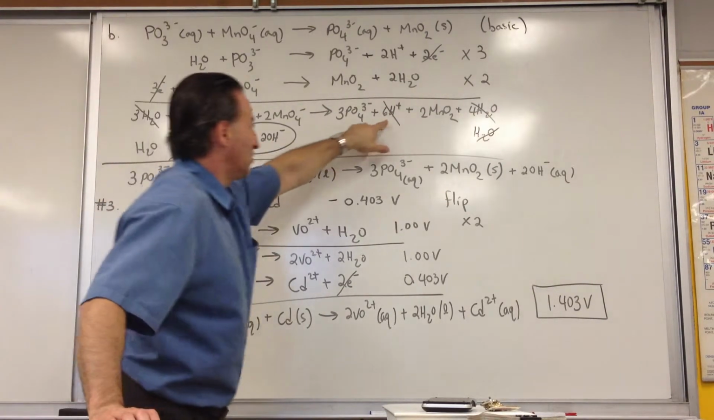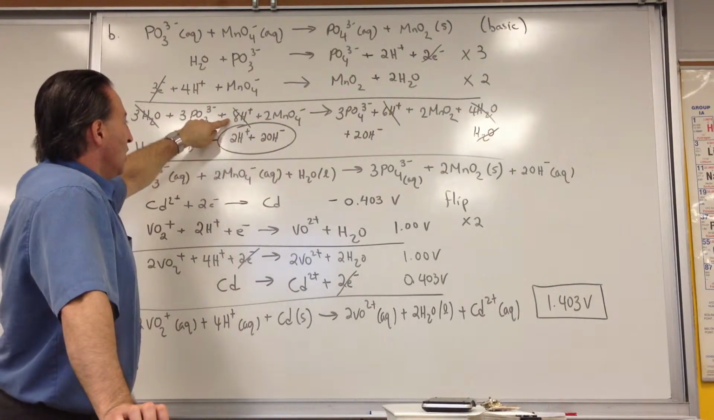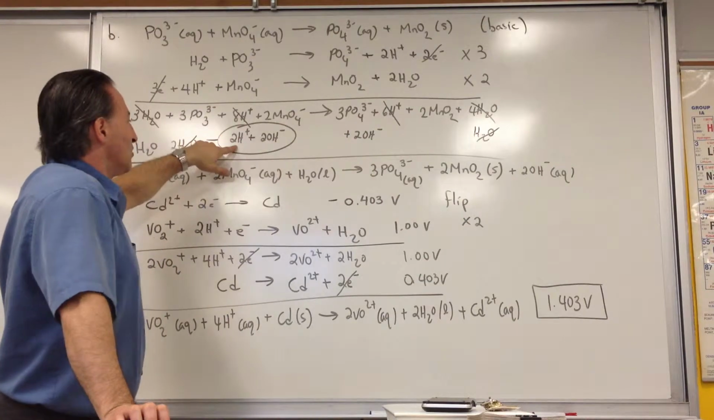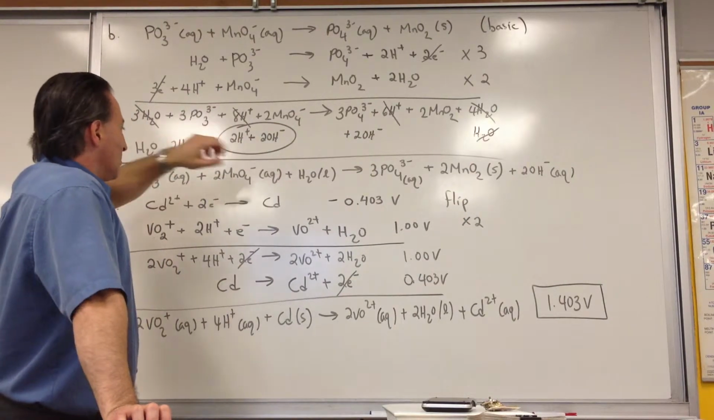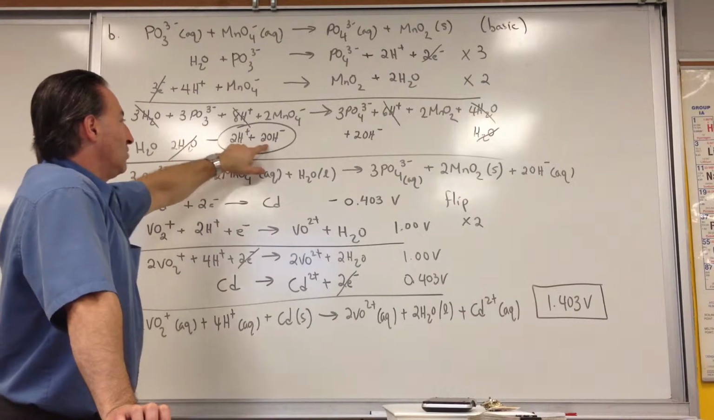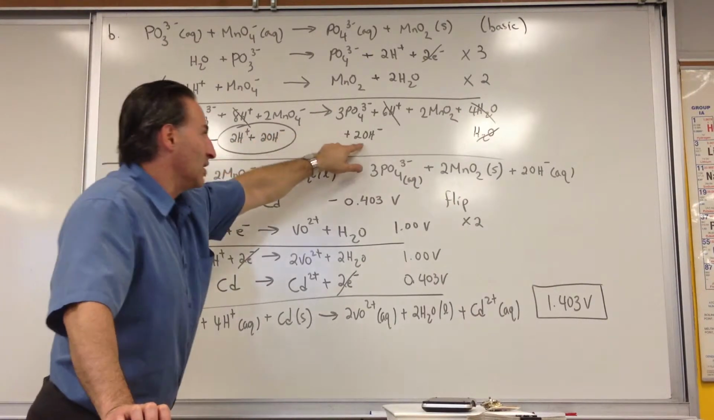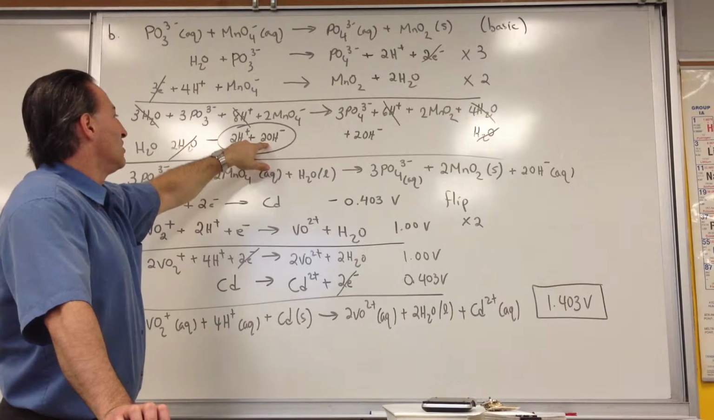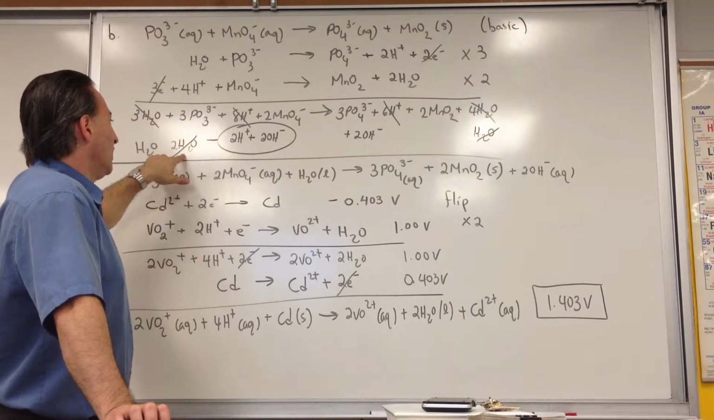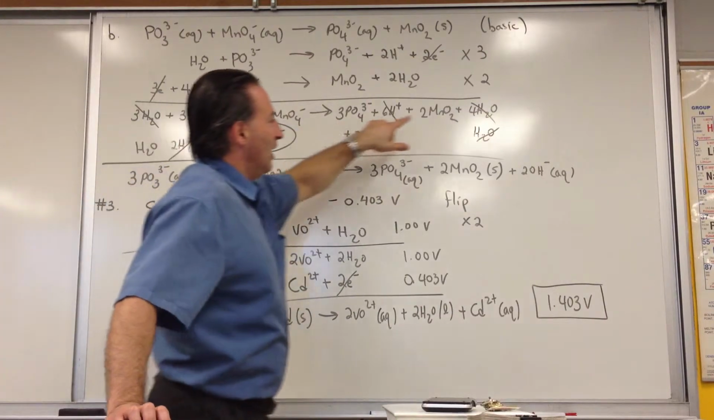We see I had 6 H pluses and 8 H pluses. So what we do is first I crossed off the 8 and the 6 to give me 2 H pluses. And then I realize, okay, now we have to balance off the 2 H pluses by adding hydroxide. So I add 2 hydroxides to both sides. This turns the proton with the hydroxide into water. Now we have 2 waters,